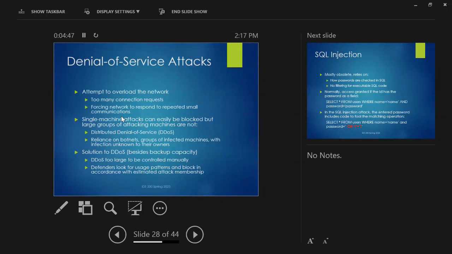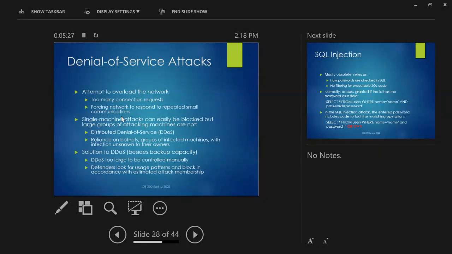Because of that, the next step in the arms race is to create what's called a distributed denial of service attack. A distributed denial of service attack takes tens of thousands or even millions of compromised machines and hijacks their operation to have them all attempt to call into some system at the same time. Because there are so many calls coming in from so many different sources, you're not sure which are legitimate ones just trying to retry and which are trying to do it 10,000 times a second, because most of the connection attempts aren't really getting through.